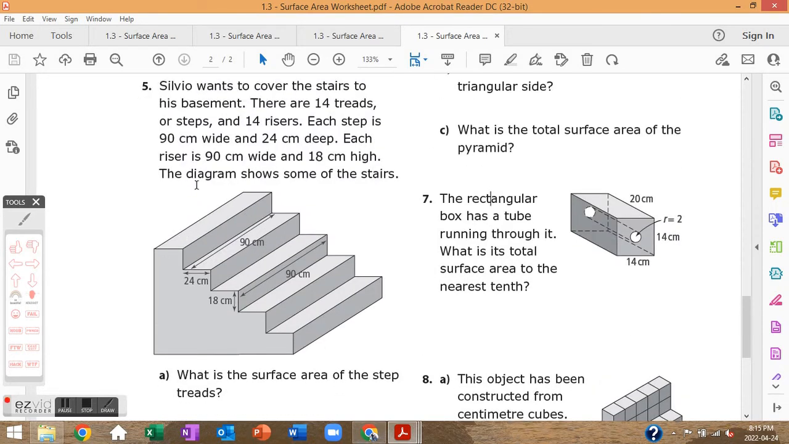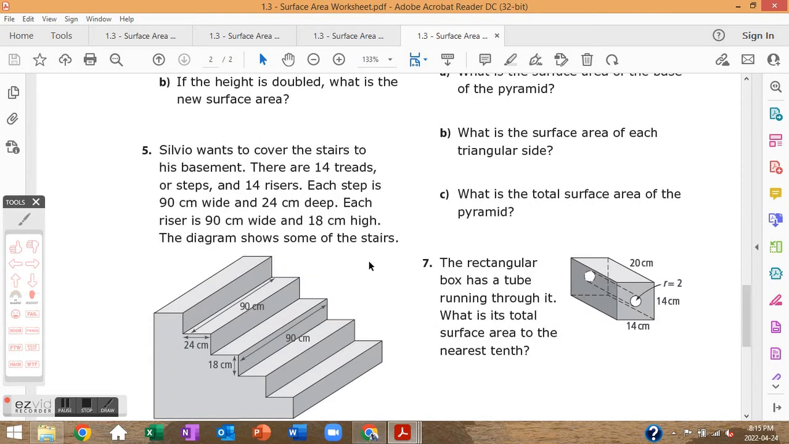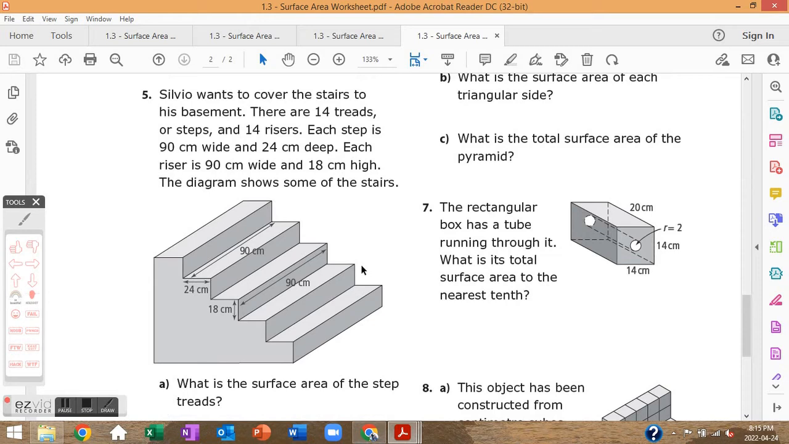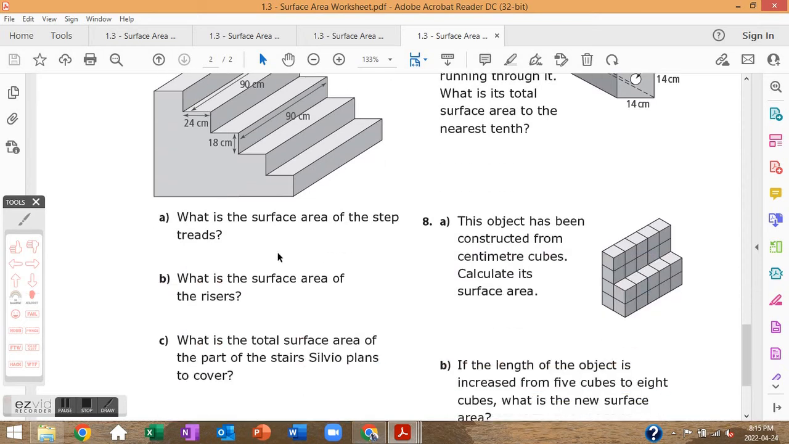So all 14 treads and 14 risers. Okay, figure them out, add them up. Not a super hard question, just lots of weird numbers to look at and lots of writing, so just make sure you read carefully and answer the questions as they call it. They're actually trying to be nice to you here, because once you find out the surface area of one step,